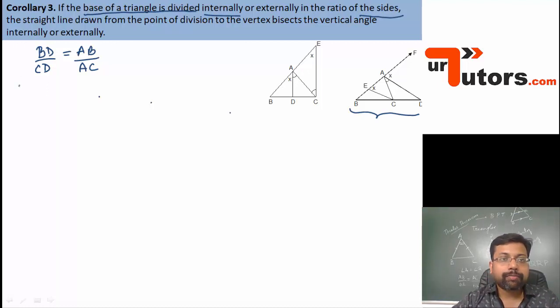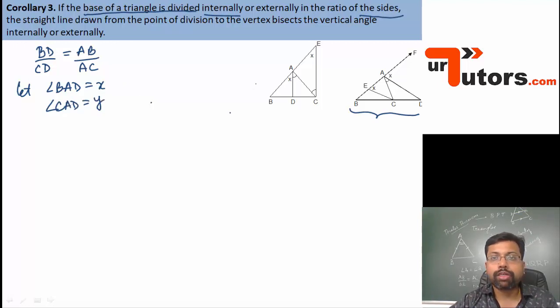So let's say angle BAD equals X and angle CAD equals Y. So these two angles, we don't know what their values would be. And again we construct,